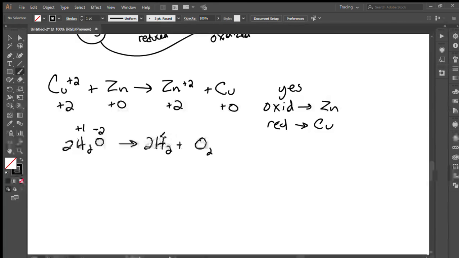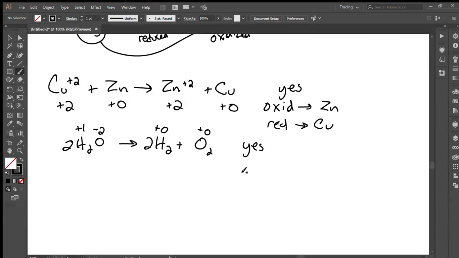Hydrogen gas all by itself, what's its oxidation number? The charge of the molecule, which is 0. Oxygen's all by itself, what's its oxidation number? Charge of the molecule, all by itself, 0. Have oxidation numbers changed? Hydrogen went from a +1 to a 0. Oxygen went from a -2 to a 0. Yes, it did, so yes, this is an